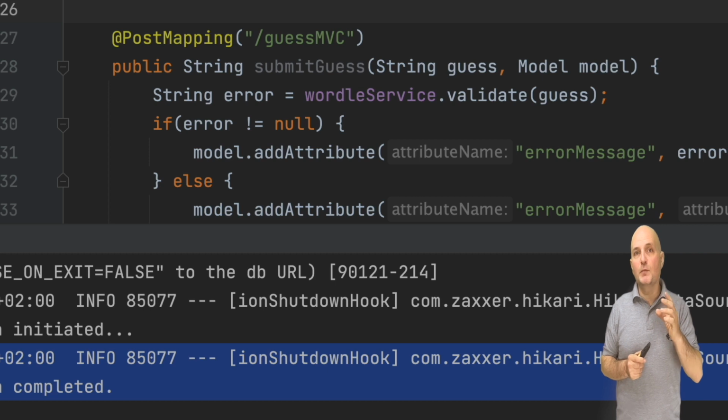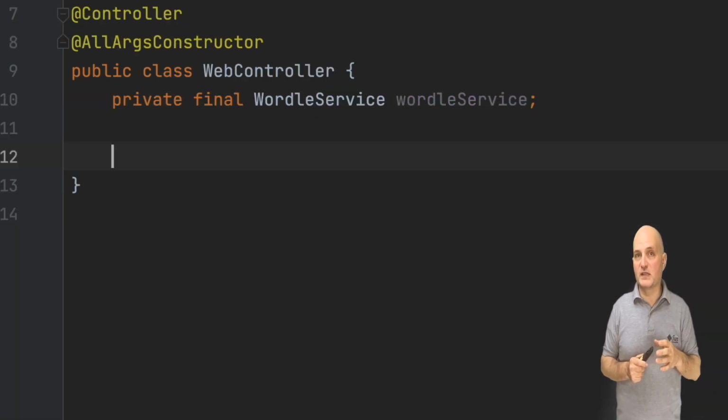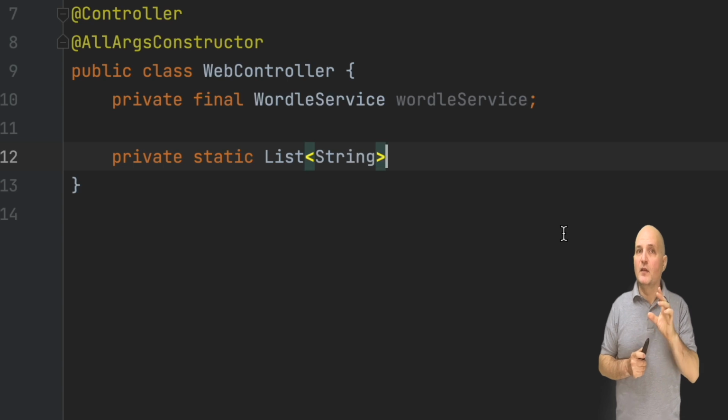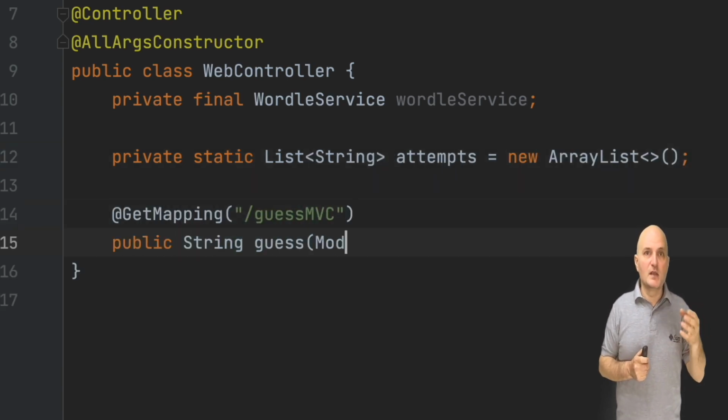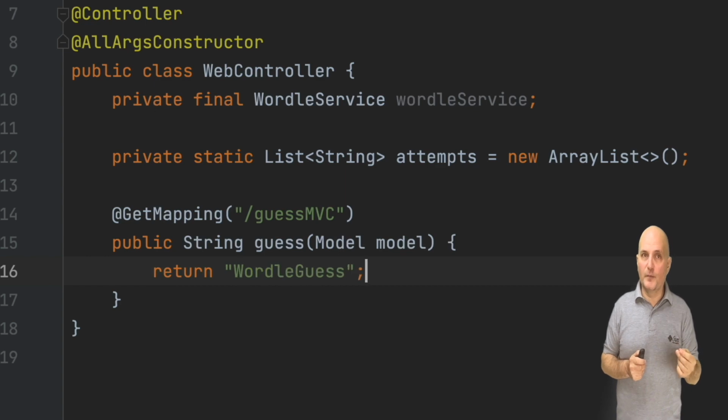We'll just keep the list of the word guesses. This is a bug. I'll explain why in the next video, but for now we need some way to remember the guesses, so this is simple. This is the most basic hello world get. Notice we return the template, but do nothing since there is nothing to do here.